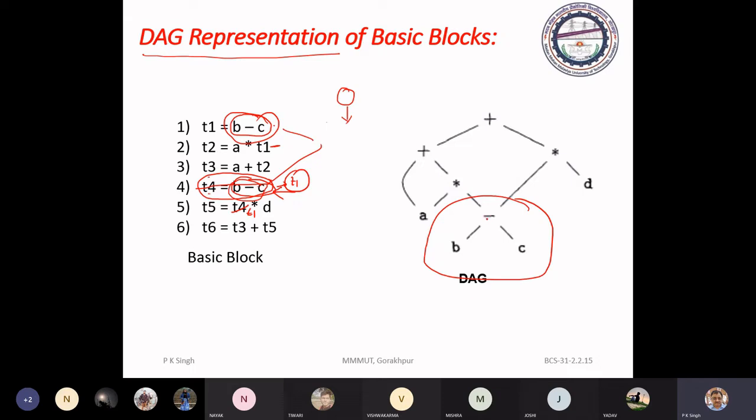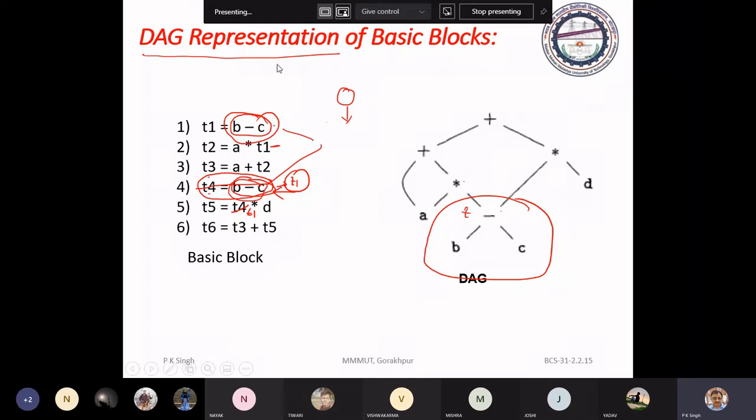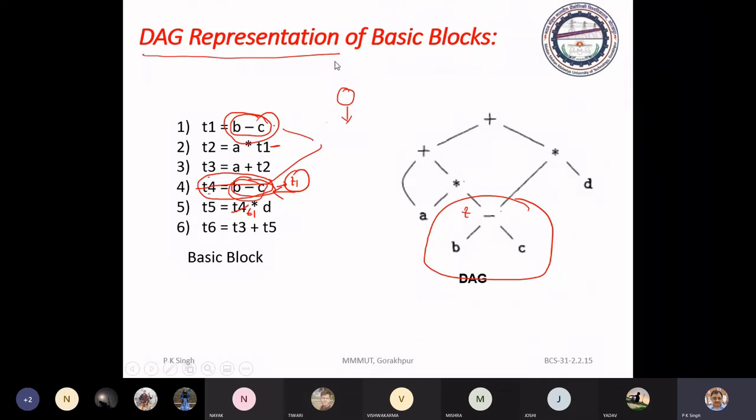This common sub-expression may be used here as T1 and here as T4, and you can improve the efficiency of the code. So this is a local optimization.